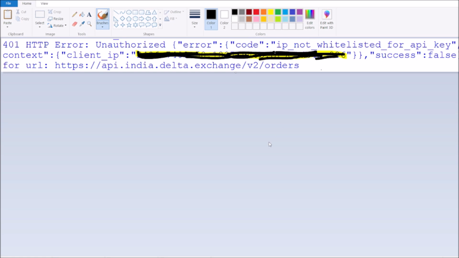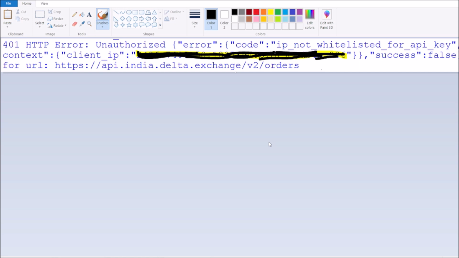Say I get this image, this is what errors will occur if you try to place the order. Whenever I am placing orders, it tries to detect my IP, and it will definitely say IP not whitelisted. So if you just try to print the live orders, first, as we know,